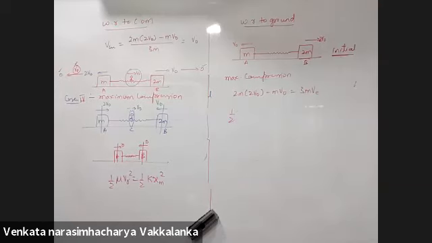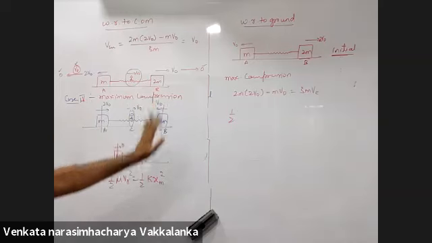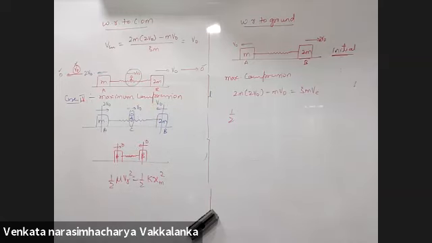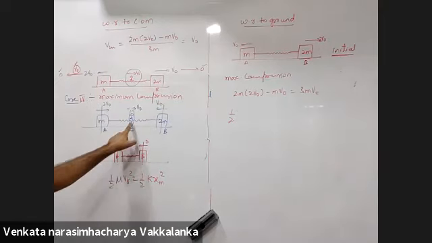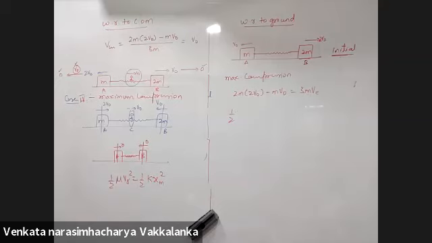Sir, can you explain case 4 once again? Case 4, maximum compression, same as that of maximum elongation. Okay, sir. In maximum elongation both the blocks came to rest. In maximum compression also they'll come to rest with respect to center of mass. Okay, okay. So the answers will also be same. Answer x maximum will be the same. Okay, sir.